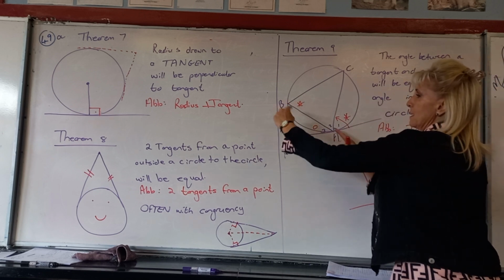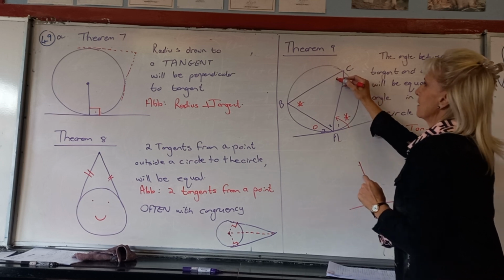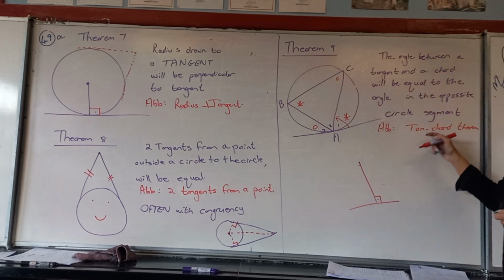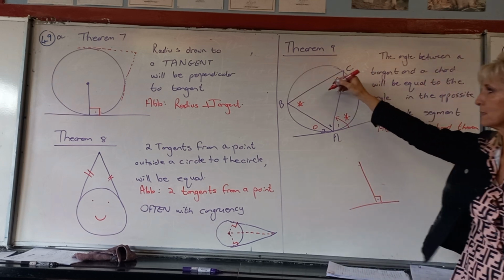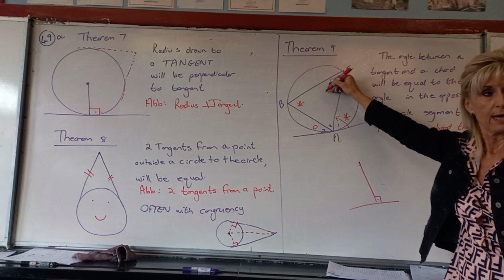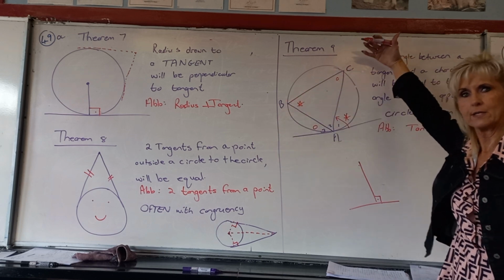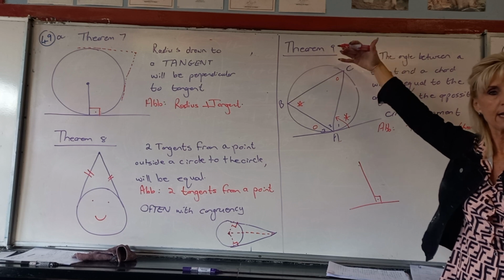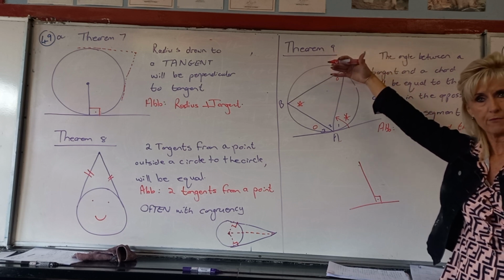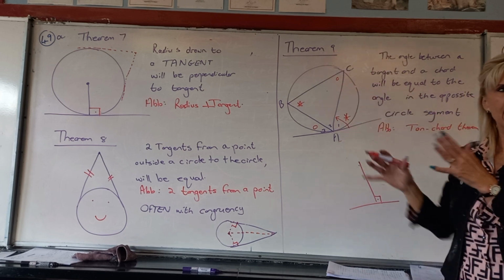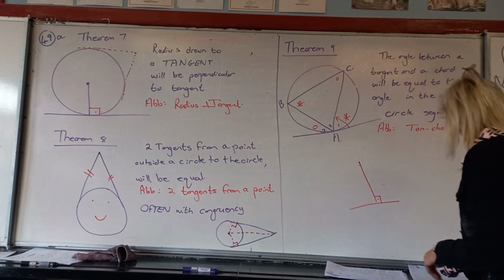I'm here, so I need to go to the opposite side. I'm talking about the opposite circle segment, so it can't land over here somewhere. Circle segment means it has to go until the edge of it. In other words, it has to be an angle at the circumference. And it can be skew. There can be lots of skew